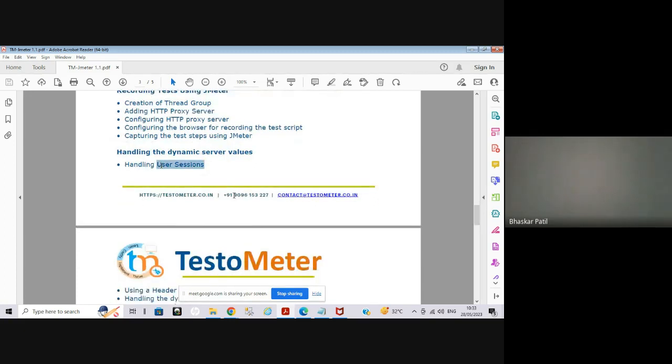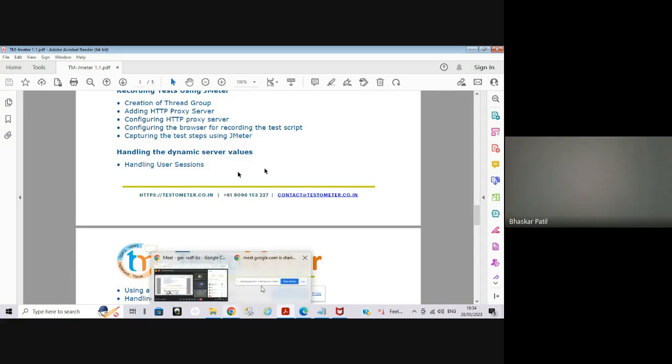Once you record the script, that script will have multiple dynamic values, right? So JSession IDs, cookie IDs, or some security parameters that we have to handle dynamically, because that will not work as a security implementation. Your vendor or your application developers will have some tokens within your sessions or applications. So once the recording is done, you have to go and see what all the dynamic values are,